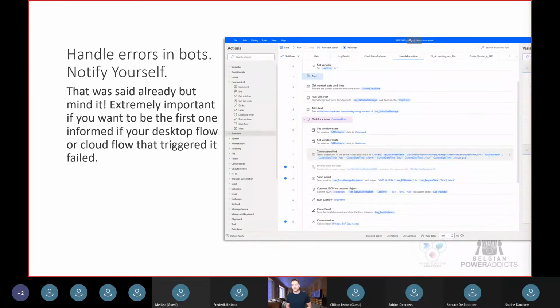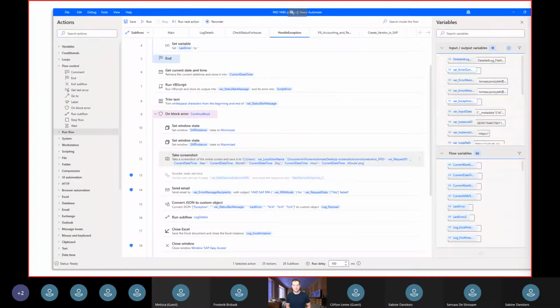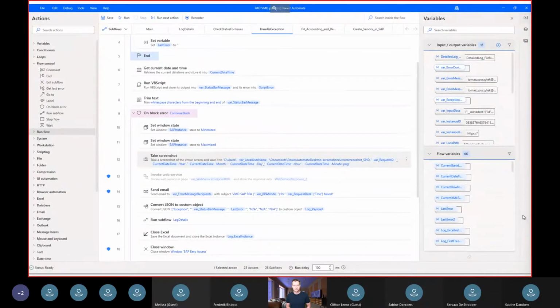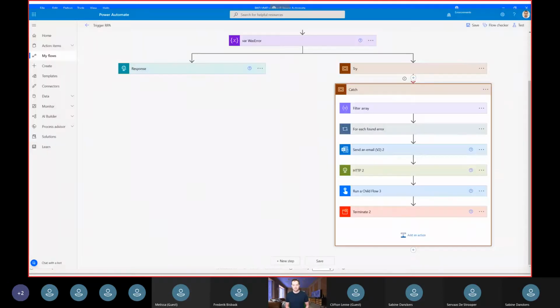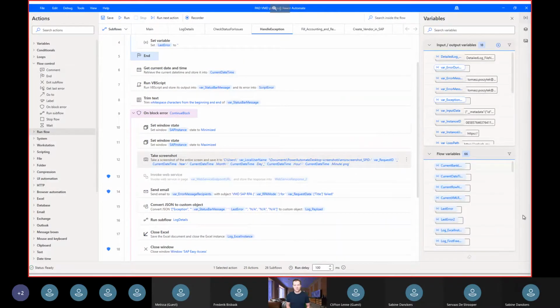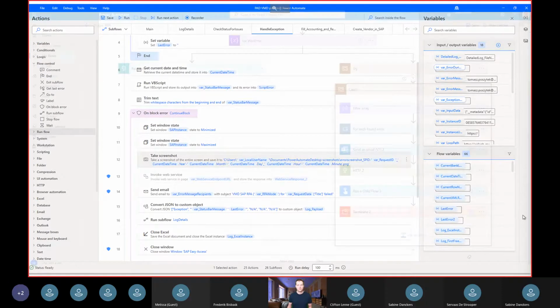So what you can do is not only configure error handling on a desktop flow. Here you can use the action configuration, the on block error, and then use your own logic to handle these errors. For example, take a screenshot and send yourself an email with that screenshot at the moment the subflow fails, but also use cloud flows